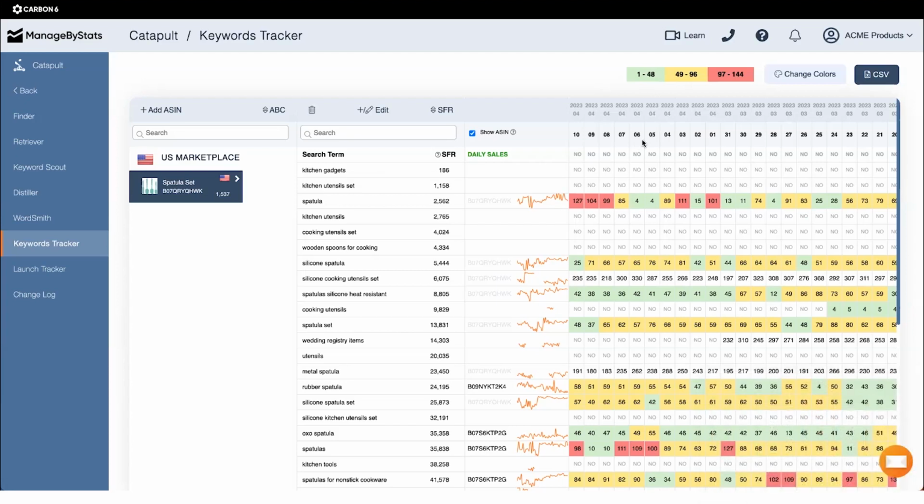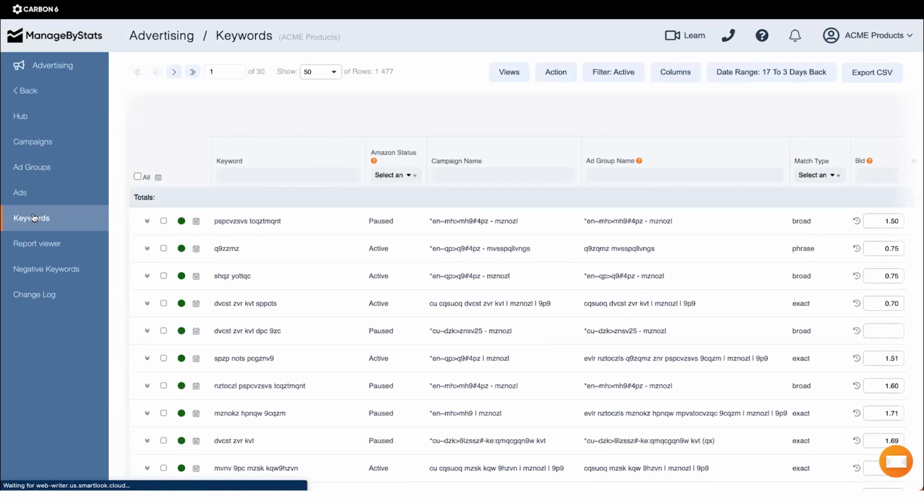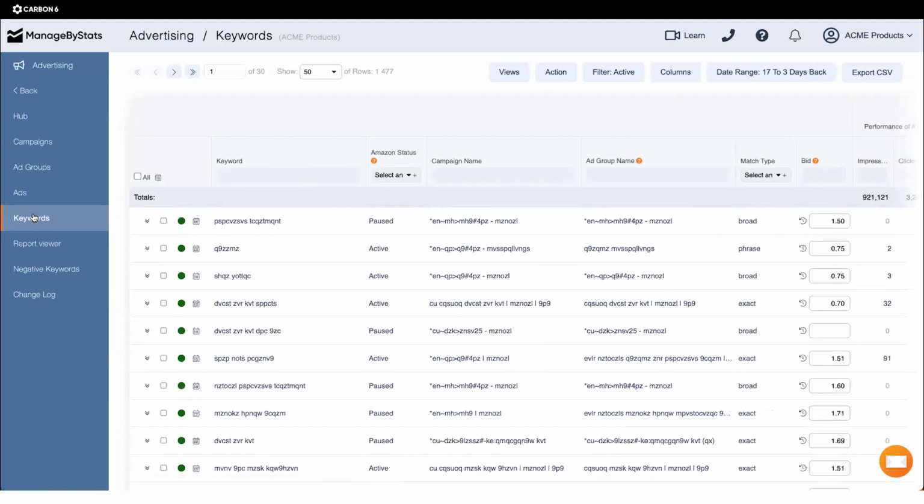So again, very customizable. In our advertising, we have a few features that are mainly built towards the Amazon seller who does their own PPC management. These are some things we built in here that help save time when you're doing your own PPC management. If you're going to have either a software or an agency do it, that's a different route.